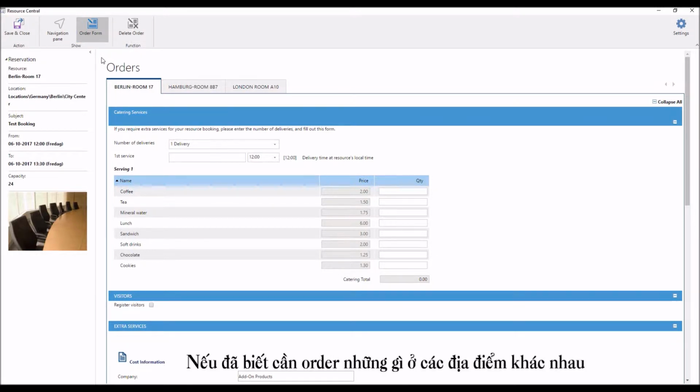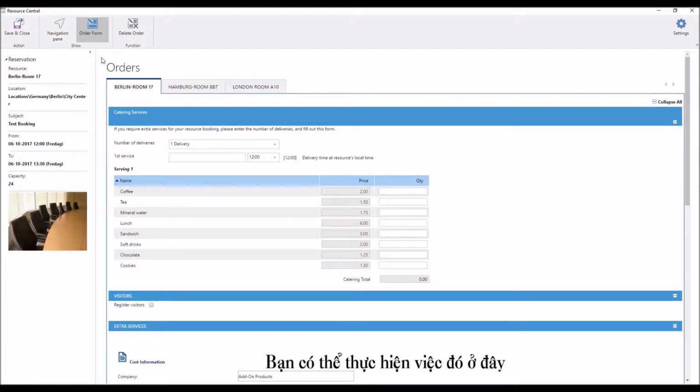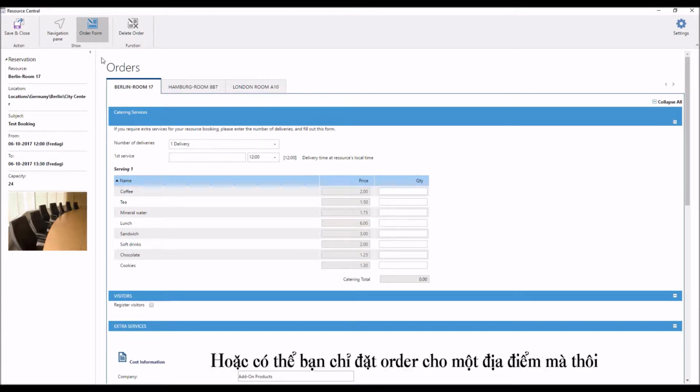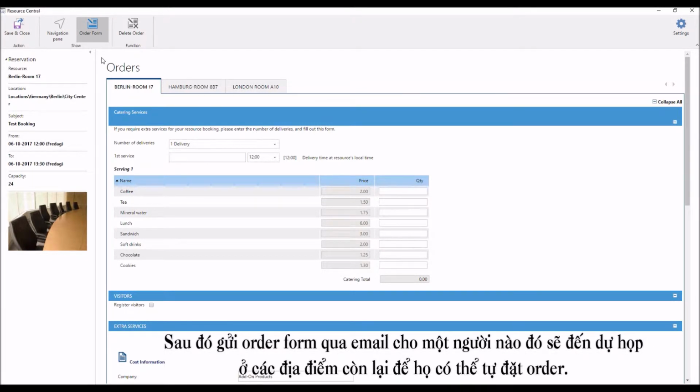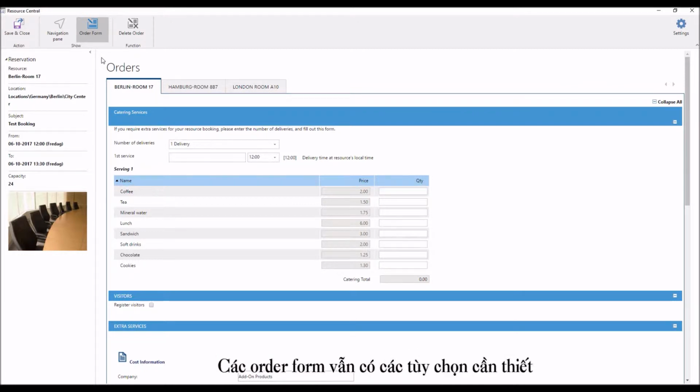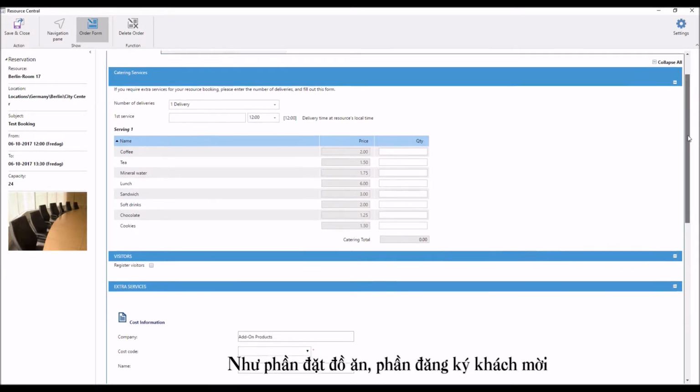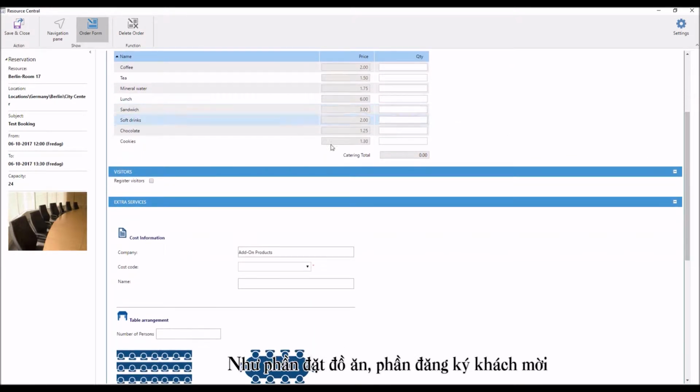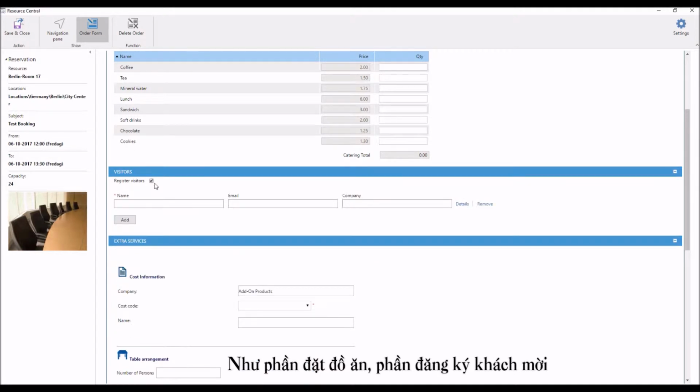So if you already know what should be ordered in all of your different locations, you can do so right in this interface. Alternatively, you can just put in the order for your specific location and send the email order form to somebody in the different locations that are going to be attending this meeting so they can fill that in themselves. The order forms still have all of the same great options, such as a catering section, a section for registering external visitors,